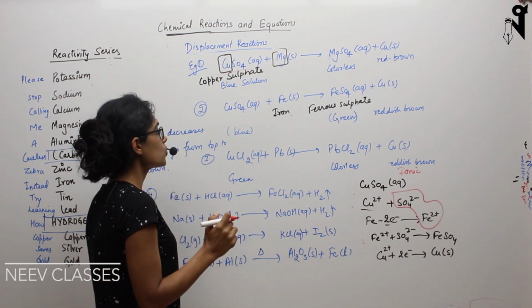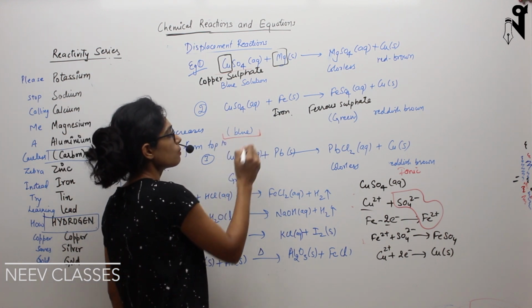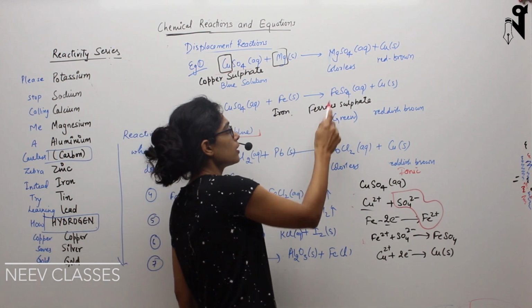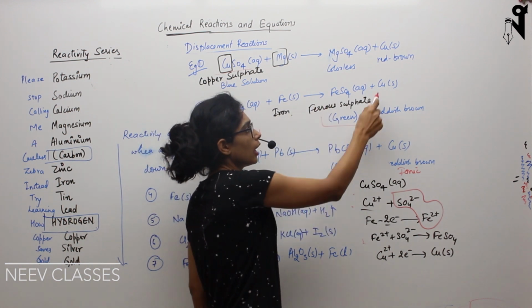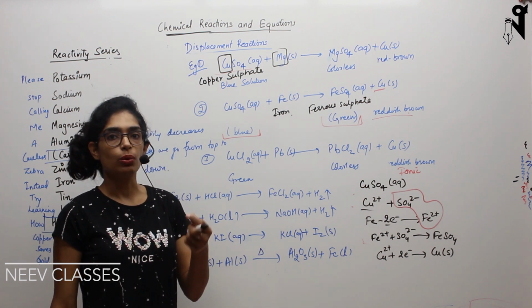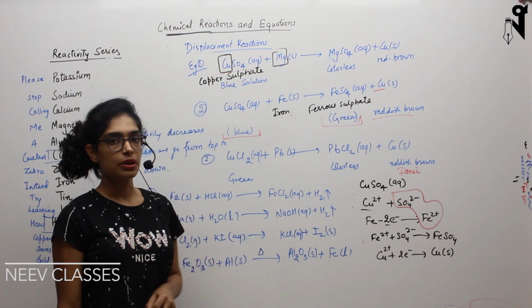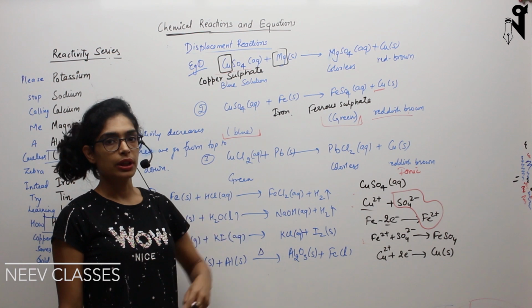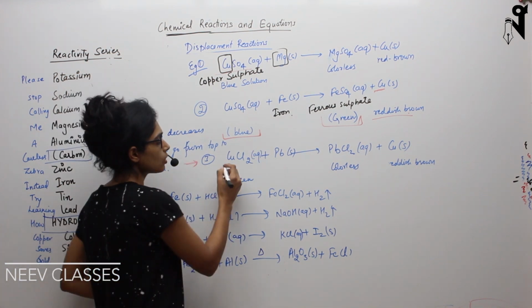What kind of color change was visible? Copper sulfate solution was blue earlier, and then it formed the ferrous sulfate solution, which is green in color, and the copper that forms is in reddish brown granular form. It will be suspended in the solution or will settle down in the solution. Now the next reaction is